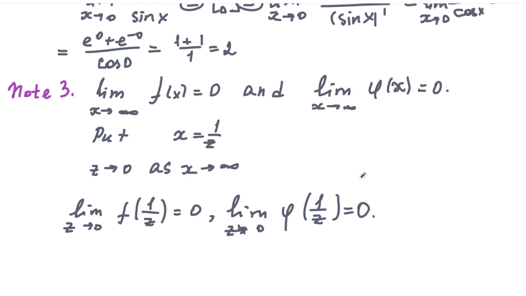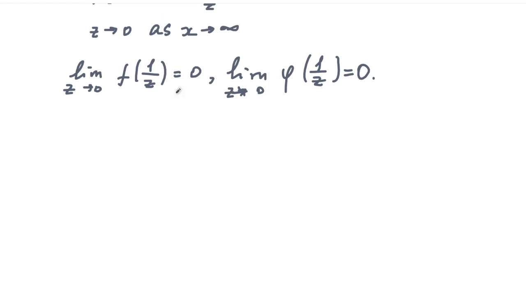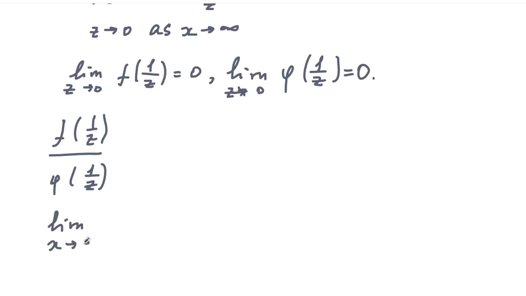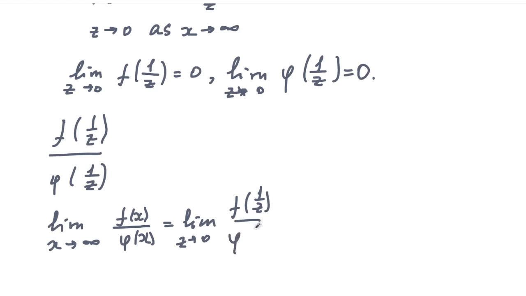Applying the L'Hopital rule to the ratio f of 1 over z and phi of 1 over z, we find the limit as x approaches infinity of f of x over phi of x equals the limit as z approaches 0 of f of 1 over z over phi of 1 over z,